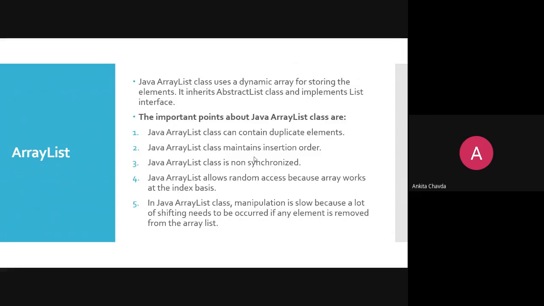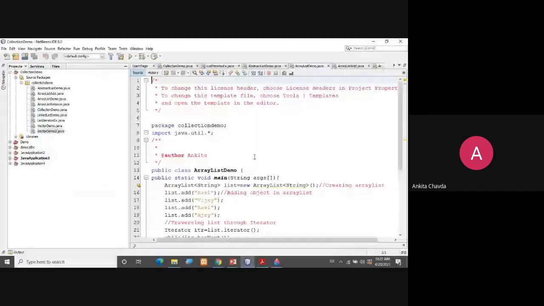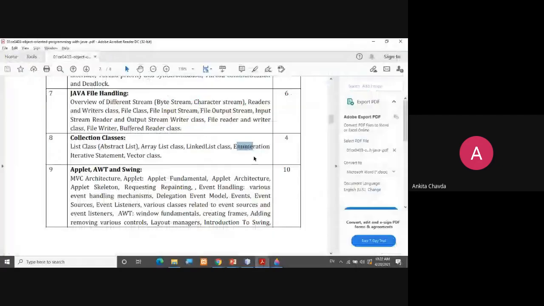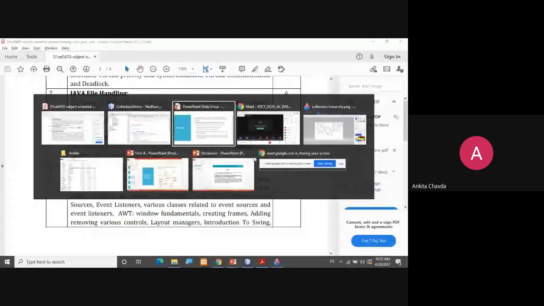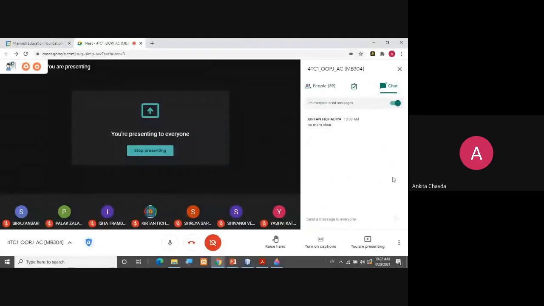If you don't want any duplicate elements, do you remember what was there in STL? If you want only unique elements to be entered, the same thing we will have here, but that is not included in the syllabus. Still, if we have time, we will see a few of them.